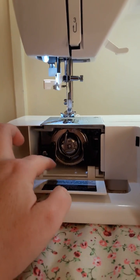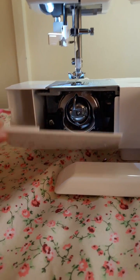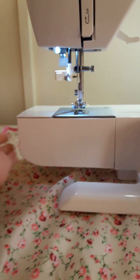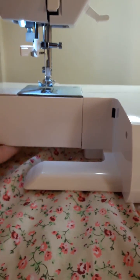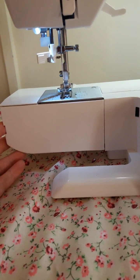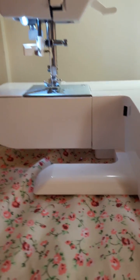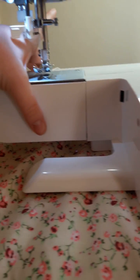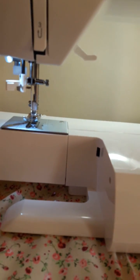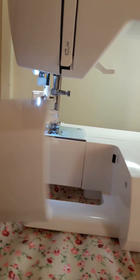And in here, obviously, this is where your lint collects, so I need to dust in there because it's got quite dusty in there. Close that. You can then leave it like this, because there's a nice gap underneath for doing things like the inside neckline of a t-shirt or something, or sleeves. So you place the fabric around there, so the bottom's in there and this bit's inside, and you can slowly bring the fabric round as you're sewing. You can put this back on